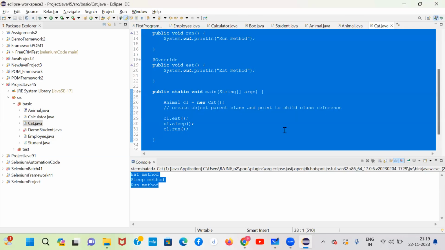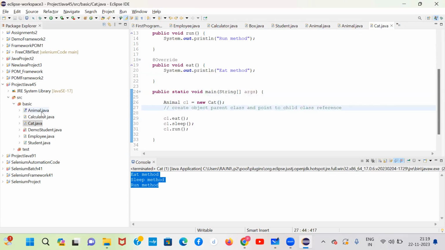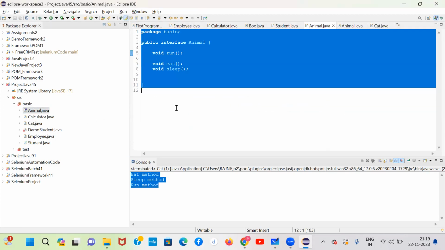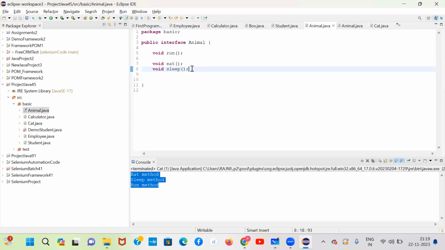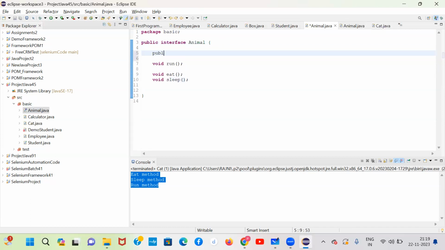Yes, able to understand? Now make a note of this code. Create an animal class first, everyone. Create an interface, animal interface. Everyone created animal interface. In this interface, we can have the variables as public, static,